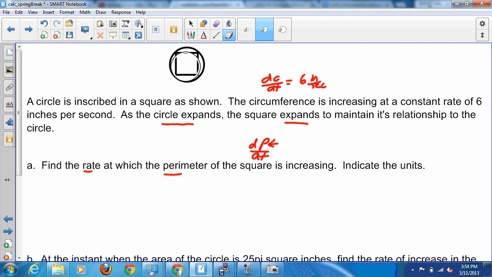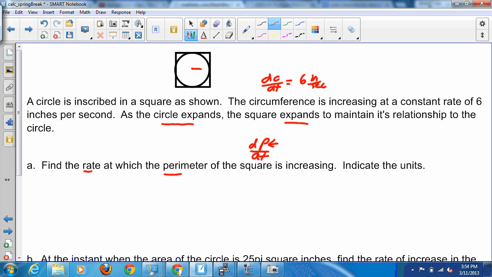Actually, I have this drawn backwards. It says that it's the other way around. The circle is inscribed in the square. There we go. Makes a little more sense. So